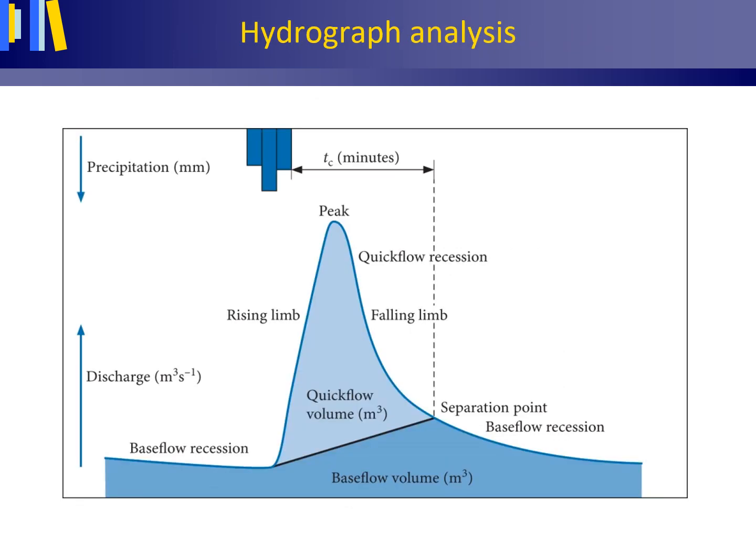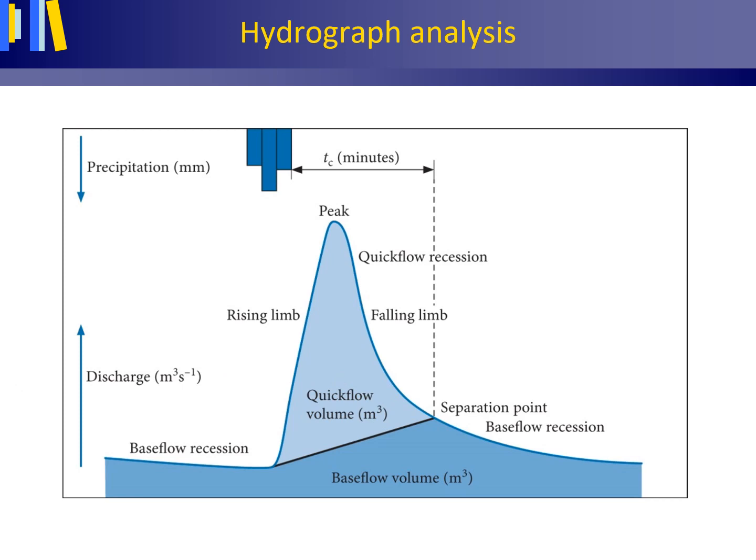This figure shows a hydrograph, a graph of the changes in discharge along the vertical axis with time along the horizontal axis for a precipitation event, together with the number of hydrological terms used to describe a hydrograph. The discharge, or part of the discharge, of a stream caused by processes delivering water rapidly to the stream is called quick flow. For the discharge volume that stems from these rapid processes, we use the term quick flow volume.